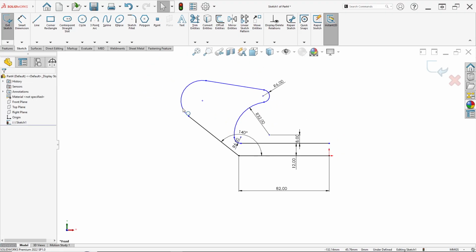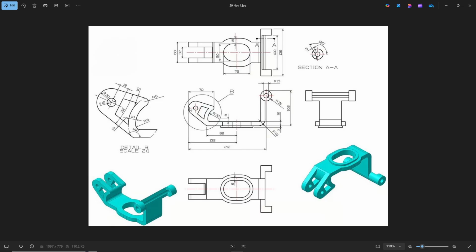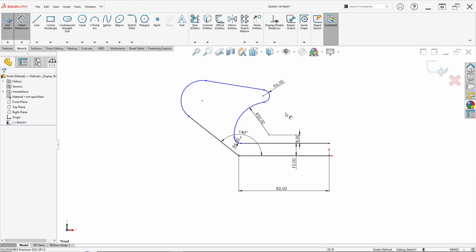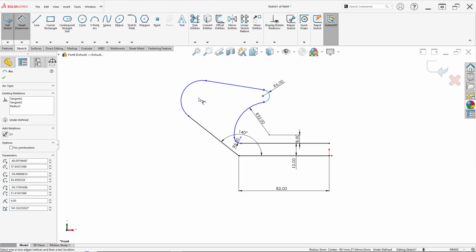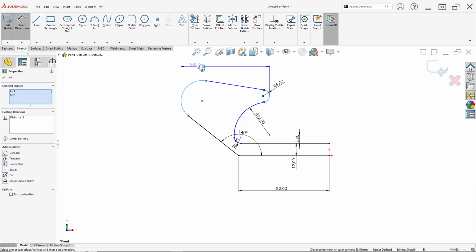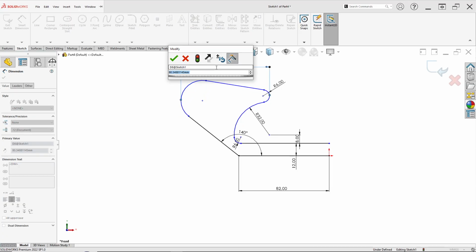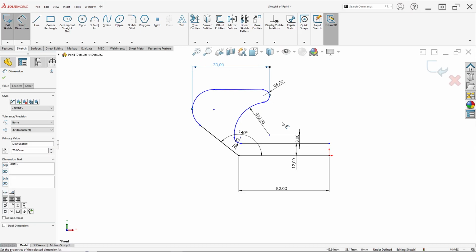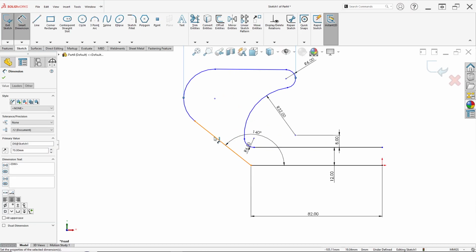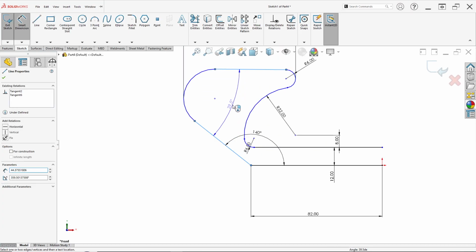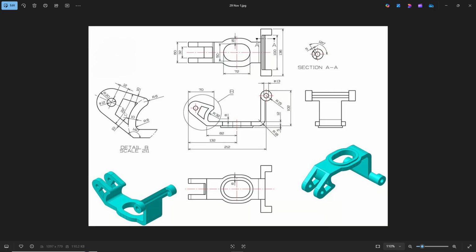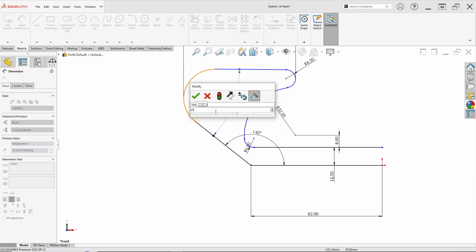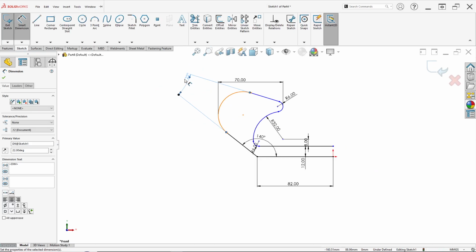And we can set the distance from here to here at 70. Press Shift on your keyboard, click this line and this line, and set 70 millimeter, like this. And this line to this line, set the angle at 22 degrees.